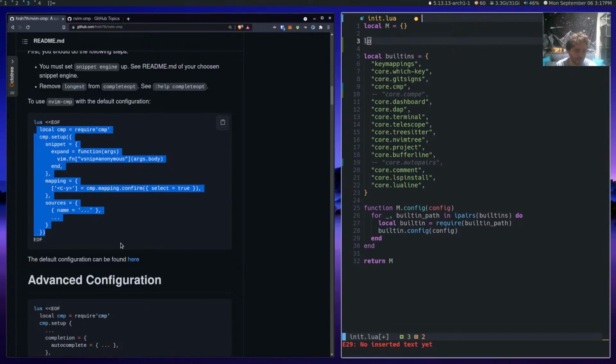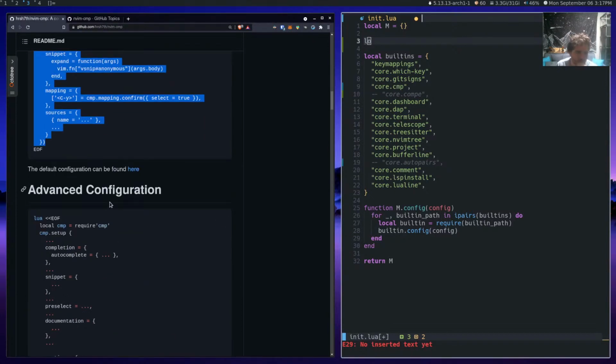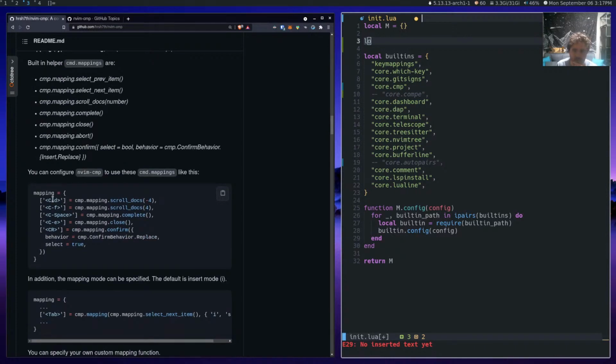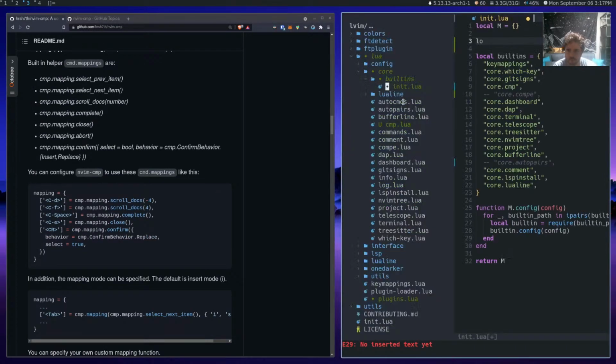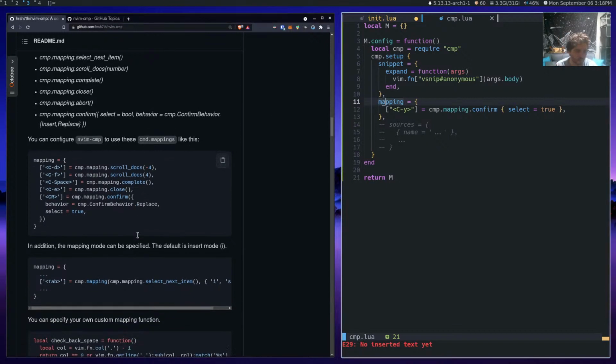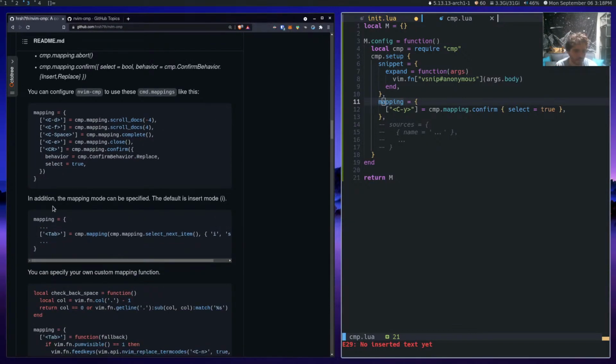All right. Default configuration can be found there. We got mapping. Should do all the things, set all the stuff up. Return M for this. Calls the function, so you would think all this stuff inside the function would run. I mean, maybe nothing doesn't do anything yet, but maybe we could do